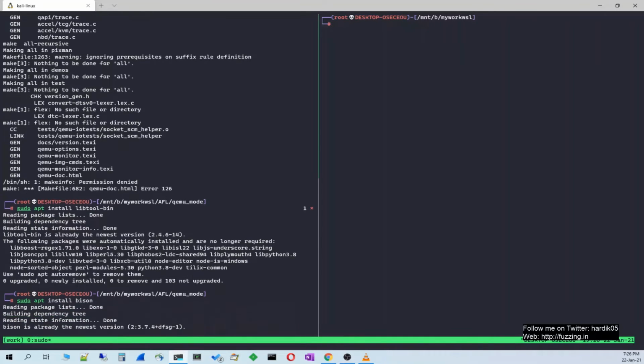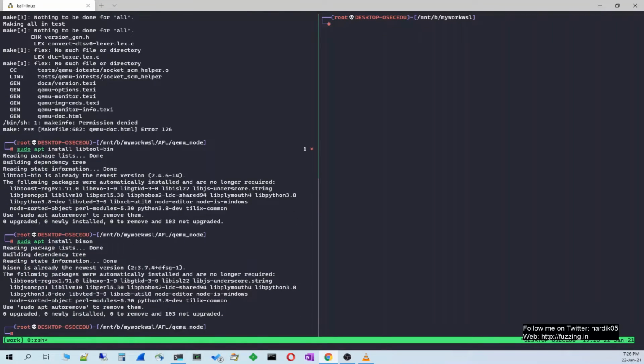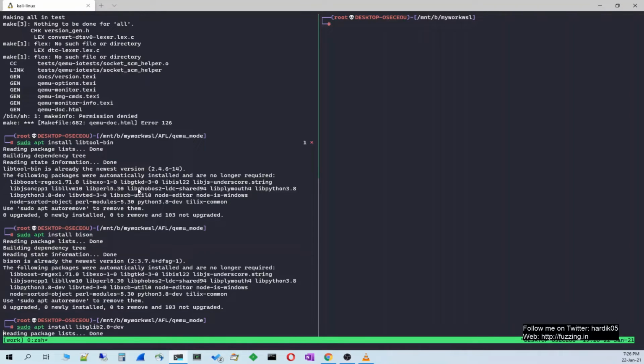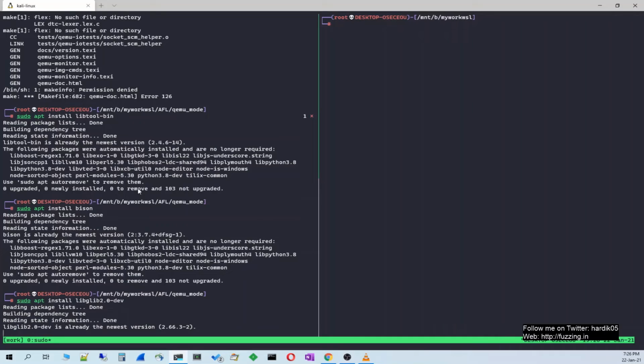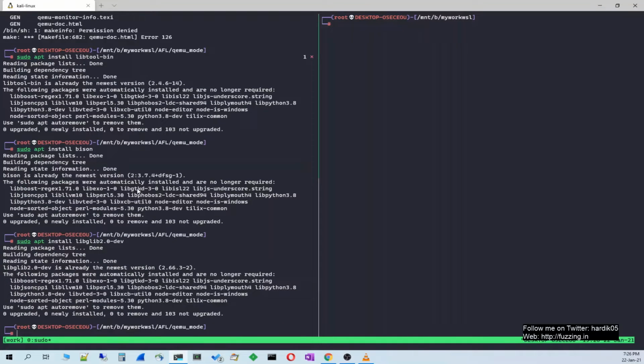The third dependency it will complain about is libglib2. You can run the command sudo apt install libglib2.0-dev. So these 3 dependencies you need to compile AFL QEMU mode.